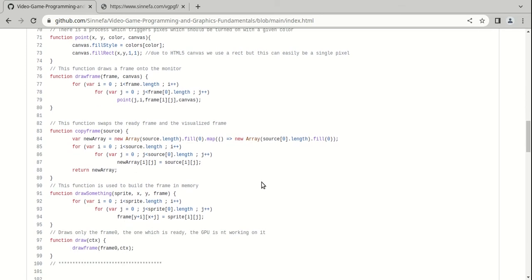Then we have a copy frame function because also in this case, it's not the best thing to do computationally speaking, but this is to give you an idea. We will be using this function to copy frame 1 into frame 0. So only when frame 1 is completely drawn, and everything is in the right position, the ball, the spaceship, and the stars, everything is ready, at that point, we move it to frame 0 so that another process can take frame 0 and represent it